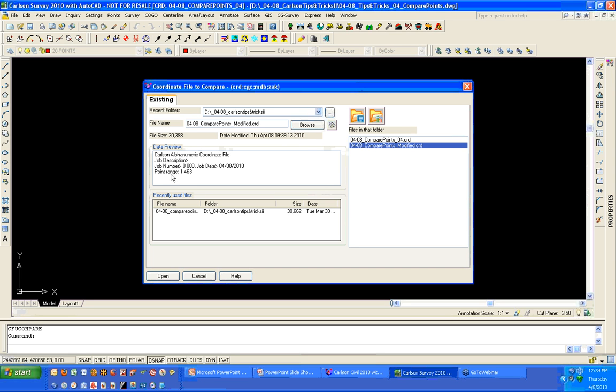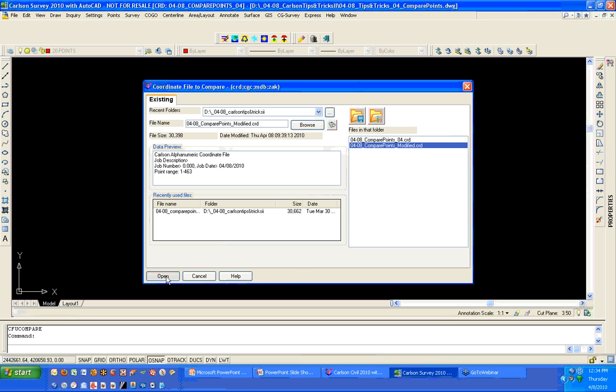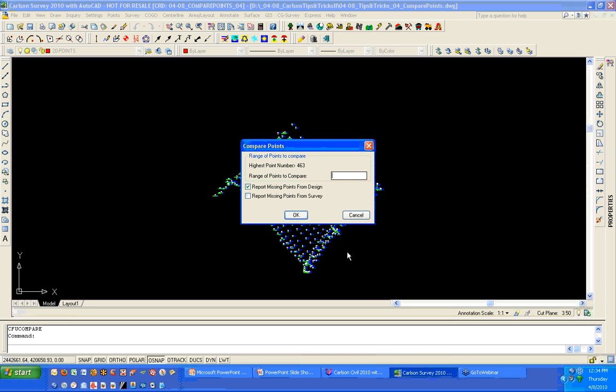And here, the point range is the same, and so is the size. So it may give you the impression, maybe a false impression, that they're the same file. But if we look at the times and the date stamps, they are different. So if I pick open and compare this to the modified CRD file,